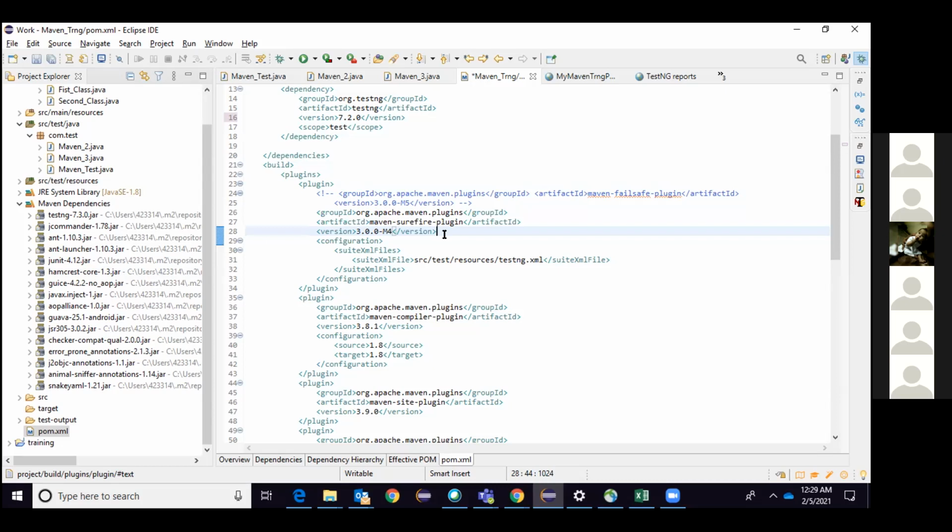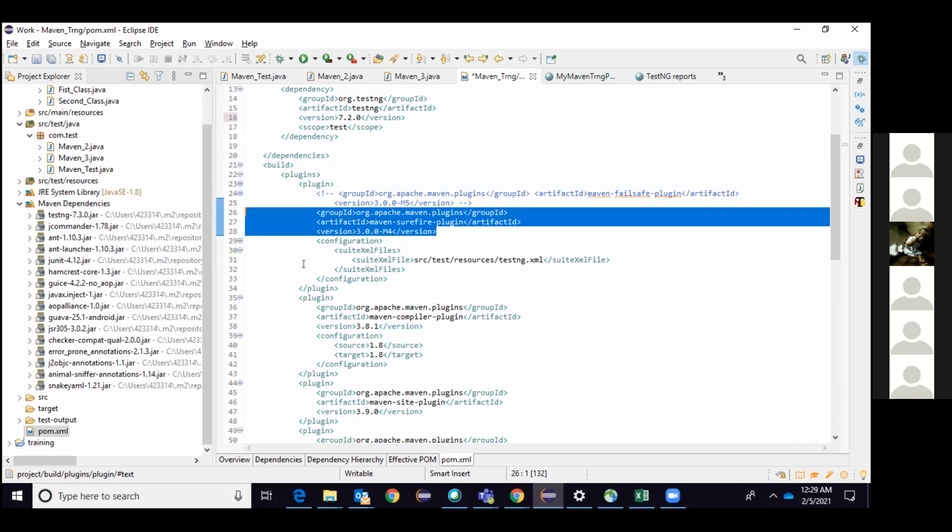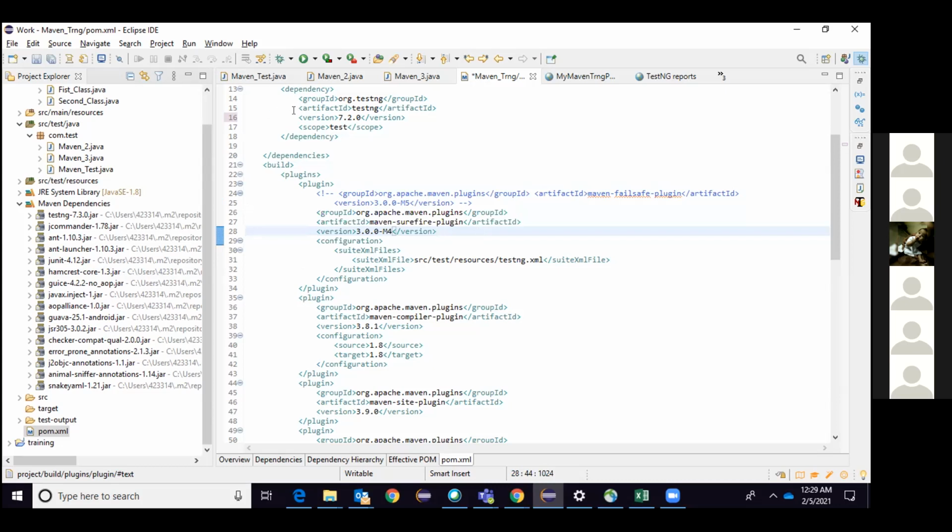Okay, I'll explain it, not a problem. Basically, to understand why these jar files are not here, we need to know why plugins are used. The basic difference is that a dependency will support your classes.